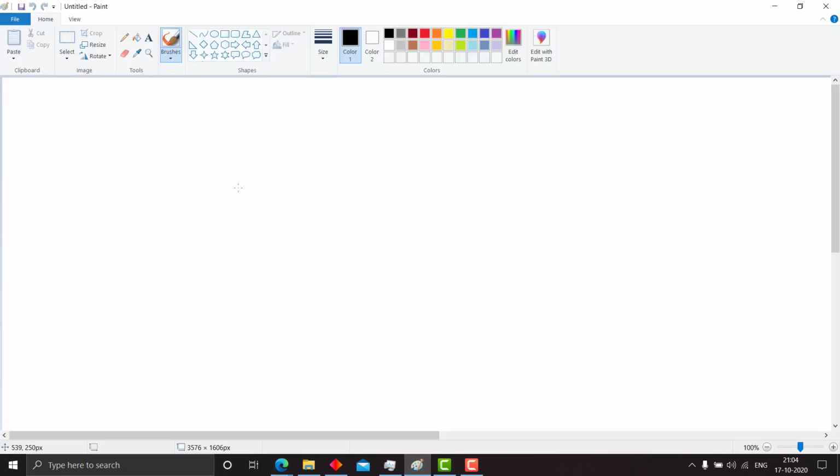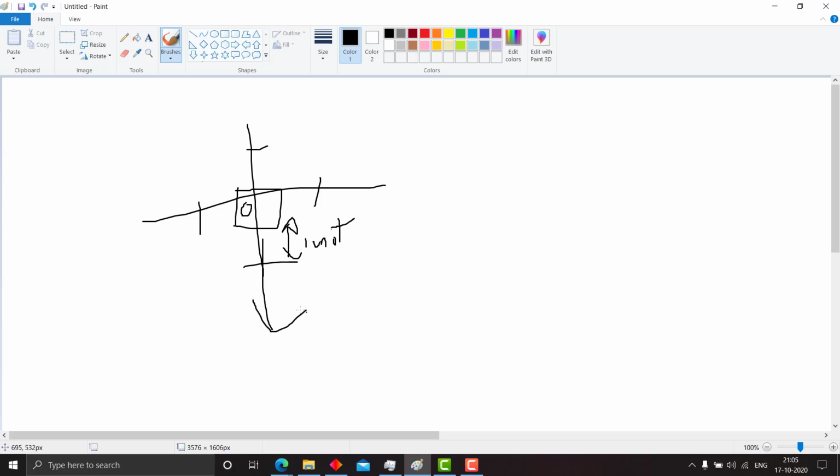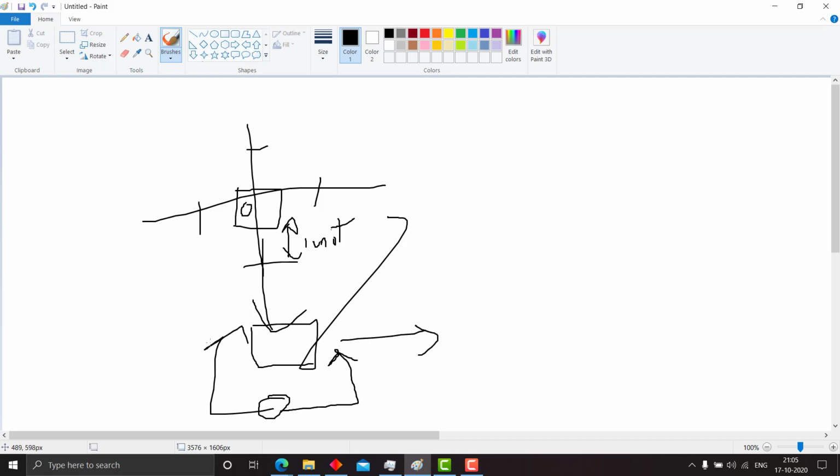Suppose there is a box somewhere on the coordinate plane, let that be the origin for now. We can place the rabbit either here, here, here or here, at a distance of 1 unit. Whichever direction we place the rabbit, we can move the box in that direction first. Suppose now the box comes here and the rabbit comes here. Now the rabbit has to move either here or here, and he can drag the box to the left or the right.